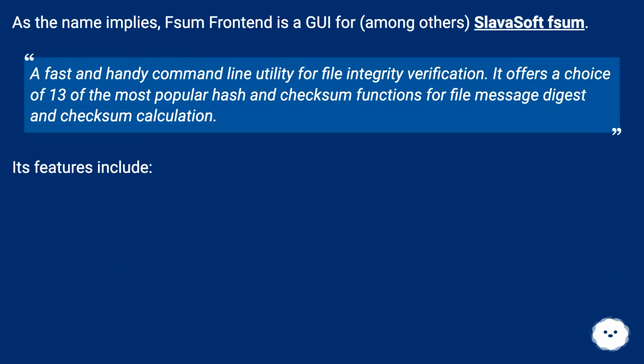As the name implies, Some Frontend is a GUI for, among others, Slavasoft Sum, a fast and handy command line utility for file integrity verification. It offers a choice of 13 of the most popular hash and checksum functions for file message digest and checksum calculation. Its features include